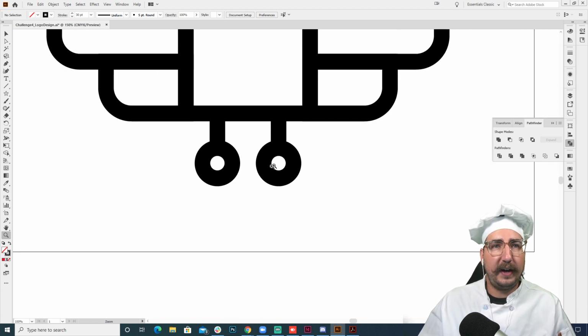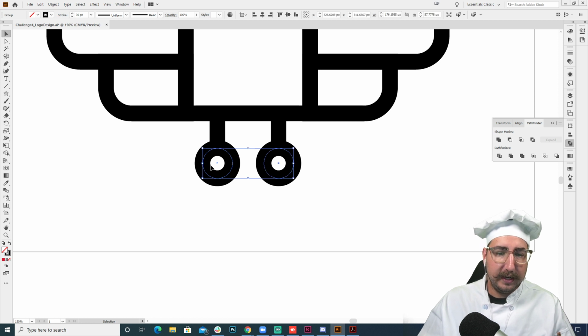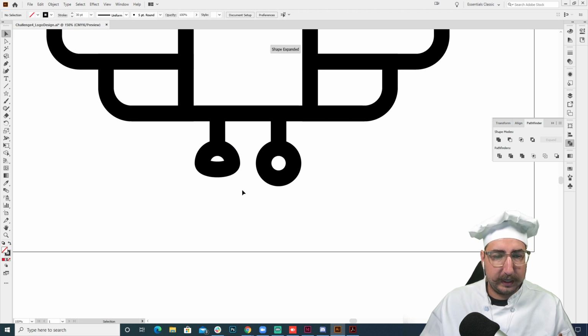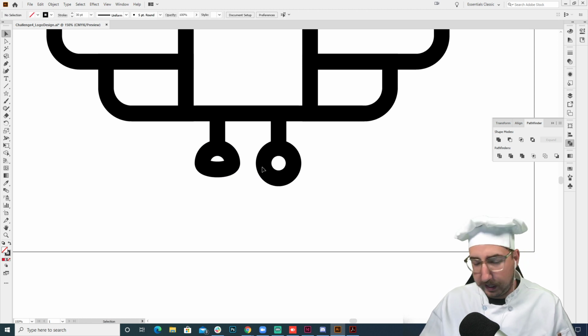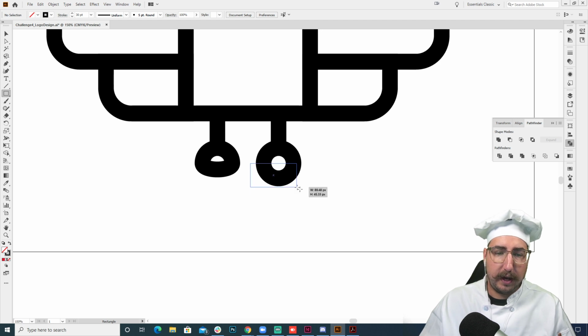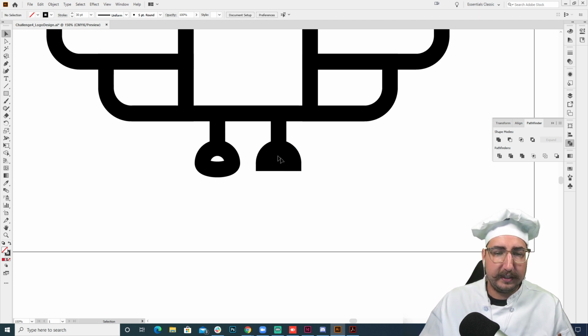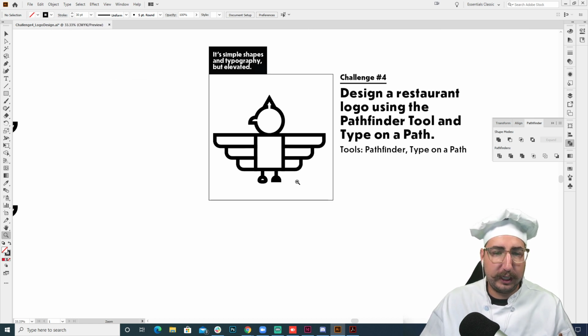Square over half of them and divide. Yes, both of those. So what we can do is we can come in here and let's do one to each. So if we delete one of these anchor points, there we go. We're going to get a little wobble. And if we full on draw a rectangle and use the Pathfinder to divide, it's going to give us a little more of that club foot. So he's going to have two different feet just for fun. He's getting a little wonky, so why not?